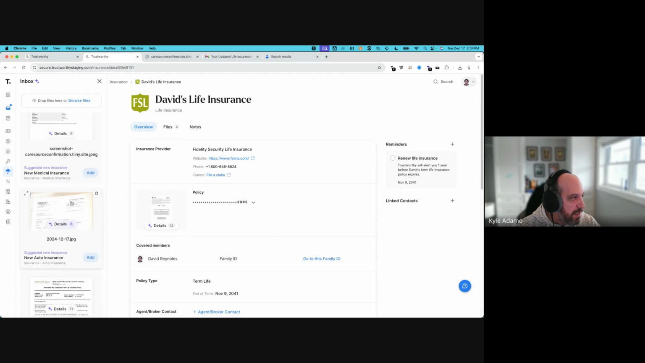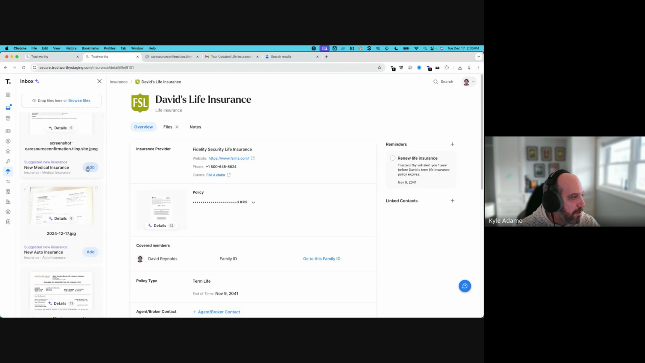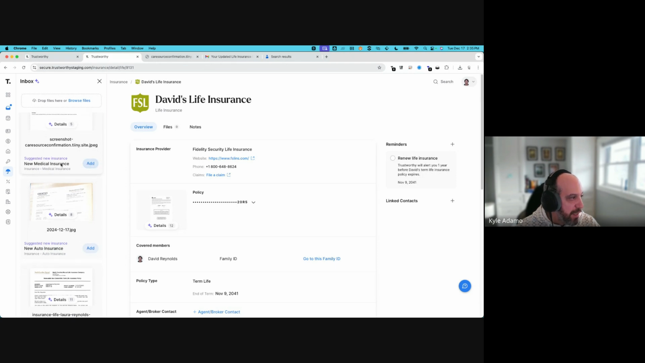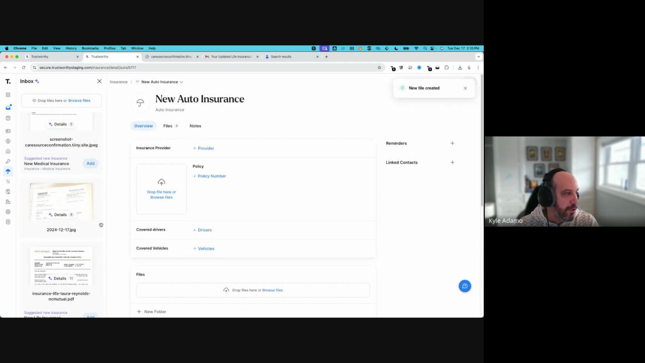Okay, so you can see all of these different files here. These are all net new. We didn't know about these files before, so it's asking me to add. So this will do it. It'll allow me to do that with all these different things. If I click add on this auto insurance, it'll create a new space for this auto insurance in my insurance